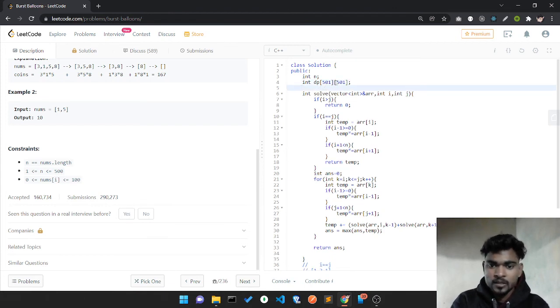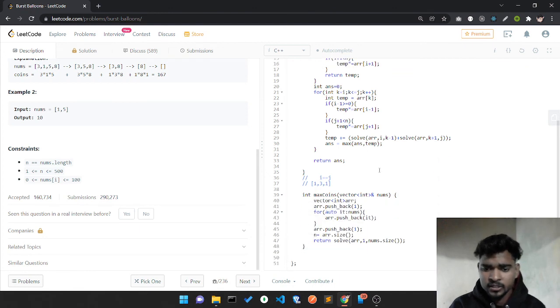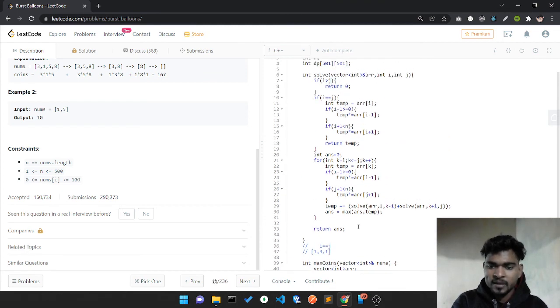After doing this I have to initialize this dp matrix to -1 initially. So in the maximum coin I'll use memset to initialize my dp with -1, with size of dp.